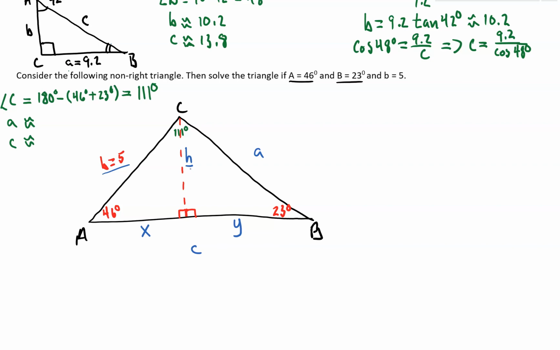So let's keep that in mind. First thing I'm going to do, if I start from this angle measure of 46, then it's opposite over hypotenuse. So this would be sine of 46 degrees is equal to h over 5, which means that h is going to equal 5 times sine of 46 degrees. And then we're going to plug that into our calculator. And when you do, you should get an answer that is approximately